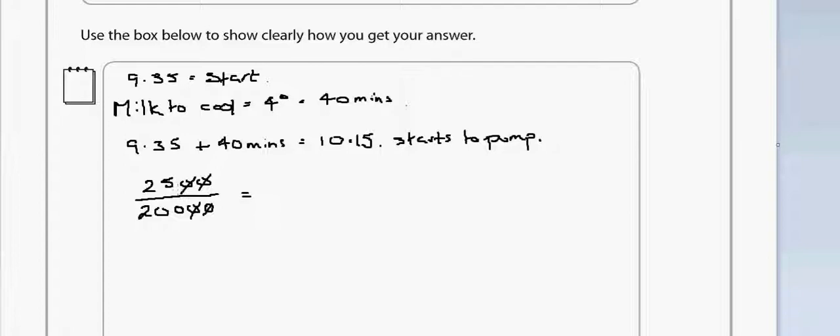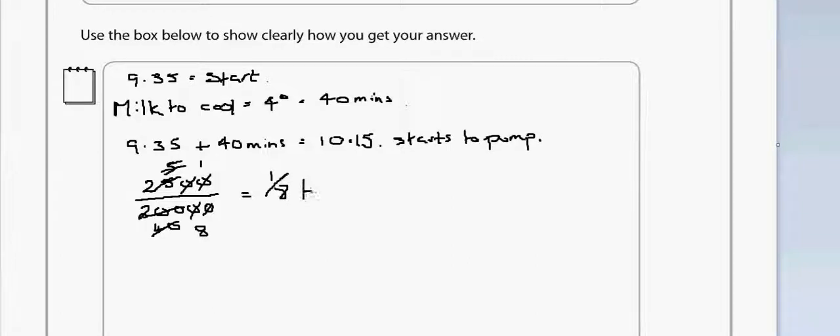So I know that 5 goes into 25 5 times, and I know that 5 goes into 200 40 times, and again I can cancel. So 5 into 5 goes once, and 5 into 40 goes 8. So